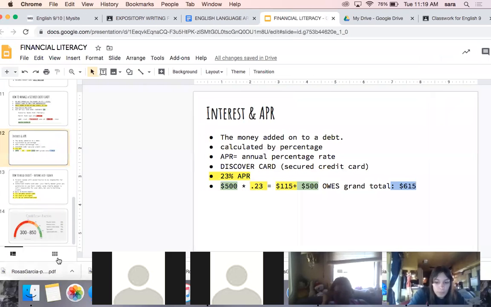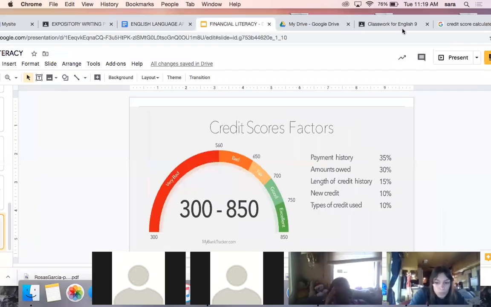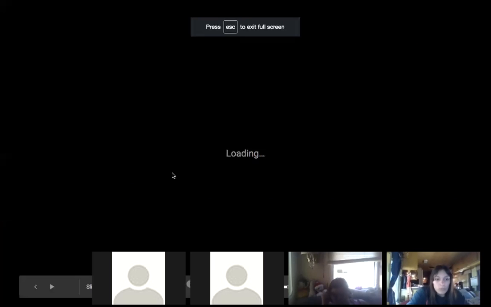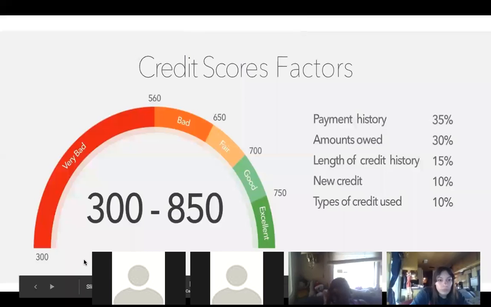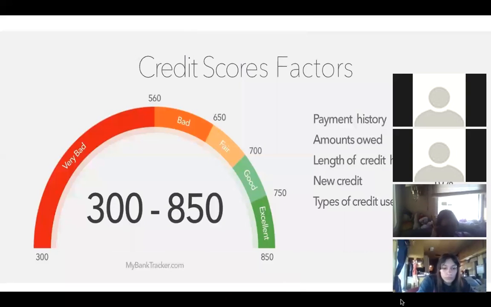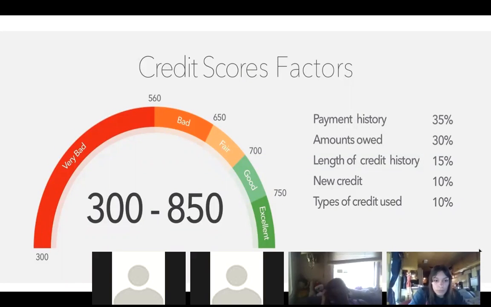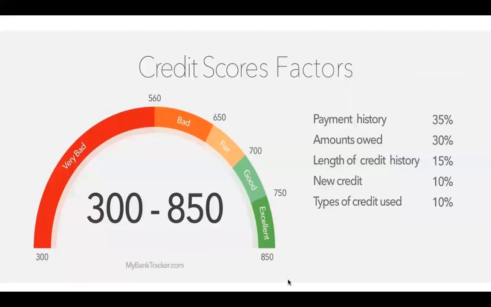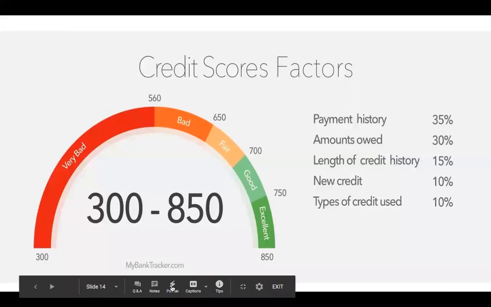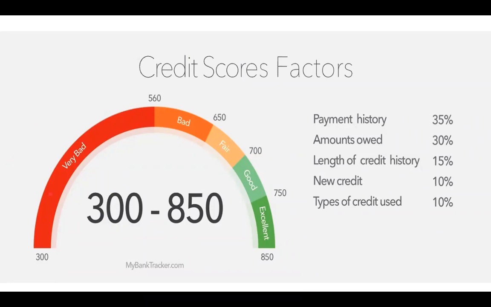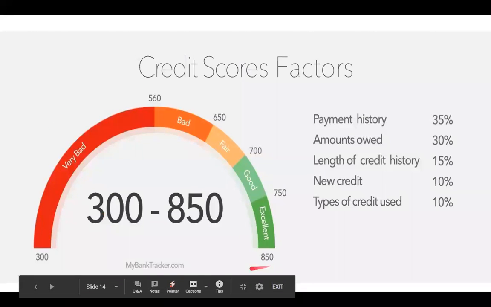Okay. Let me present. Okay, so you're gonna take notes on this one as well, so you can understand what this picture means. All right. So how is the number, the score, calculated? Well, as I explained to you, when you start establishing your credit score, this is you at 18, right? You're here. Why is your score bad if you don't even have a score? Well, because you start with a bad score and you build up towards a good one, okay?